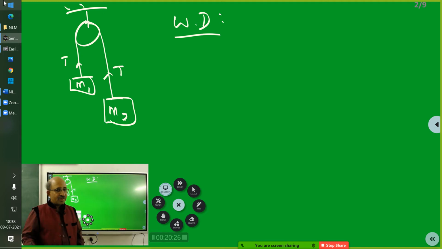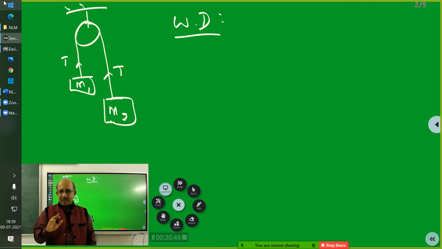I will not give you marks for this. Something else is missing. Sir, and there will be one component of force in direction of displacement. Brilliant. See, that is the answer. There should be a component of force in the direction of displacement, along the line of displacement. Then only work is said to be done. Otherwise, work is not done.